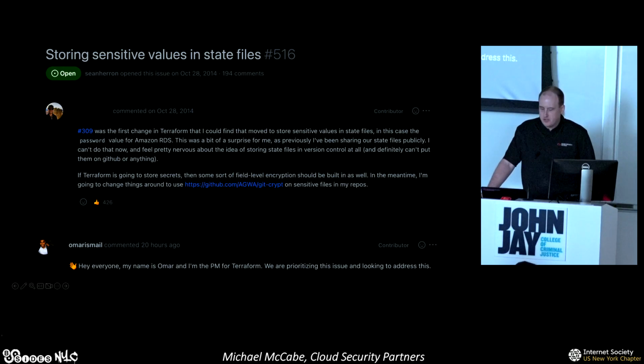And HashiCorp, I should say, the people who create Terraform, are very well aware of this. It might be hard to read, but this is a GitHub issue on the Terraform repo. It was opened in 2014. I took this screenshot a few weeks ago. It says commented 20 hours ago, and this is an update from a PM saying, we're working on this, this is coming real soon. We've had 8-9 years to work on this, but real soon we're going to get this. Someone said I shouldn't shame the PM, so I'm sorry, Omar, but you put yourself out there. So obviously it's an issue.